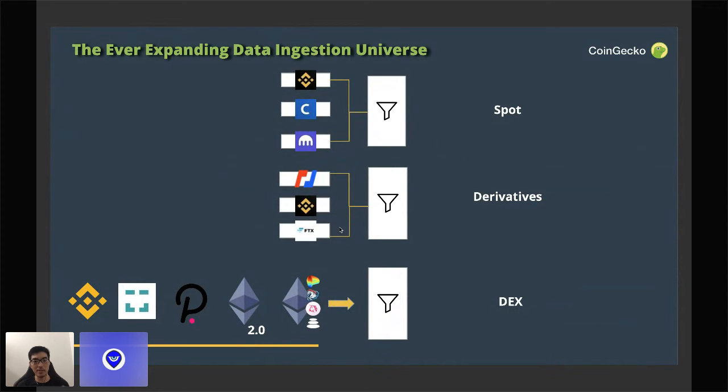Like when Ethereum 2.0 launches, are we able to capture all this data that gets distributed across different shards? We don't exactly know yet how things will look, but that is something that we have to keep in mind. And then all the other chains that are also emerging to compete with Ethereum, right? Like Polkadot, xDai, Binance Smart Chain, or even layer 2 solutions. How will all the activities that are happening on all these different chains get accounted for? It remains a huge challenge for us to figure out how we can capture them.